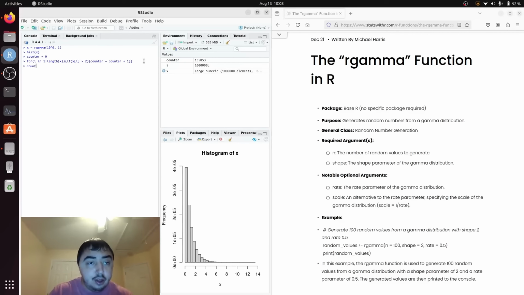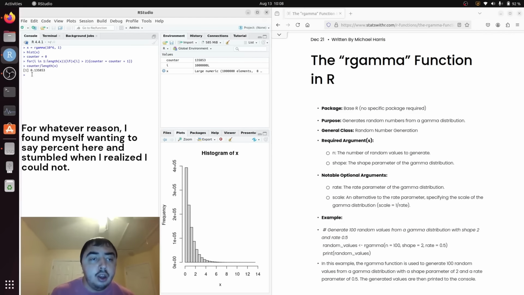And to get an actual proportion, we just say the counter divided by the number of things we counted, the length of x. Okay, so in this parameterization of the gamma distribution, about 0.13 or 0.14 is the answer. The proportion of